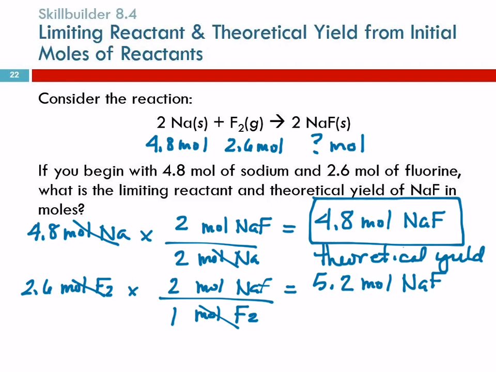And what's our limiting reactant? Sodium. It's the sodium. The one that makes the smaller amount of product was sodium, and that's the limiting reactant. Yes? How do you know that the limiting reactant is the sodium? Well, I look at which answer I chose here, which was smaller, and then I go back and see what reactant I started with there. Okay? So it was the sodium that gave me the smaller number. The fluorine gave me the larger number. Any other questions?